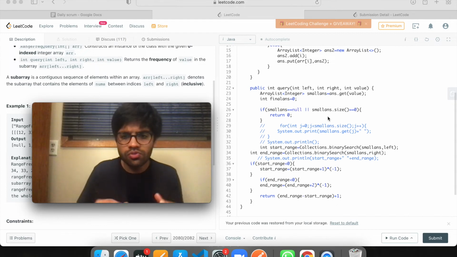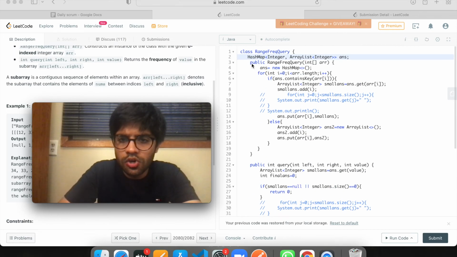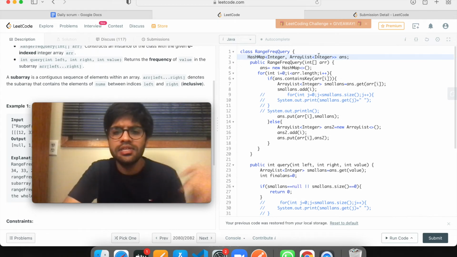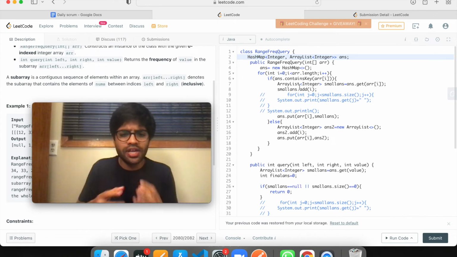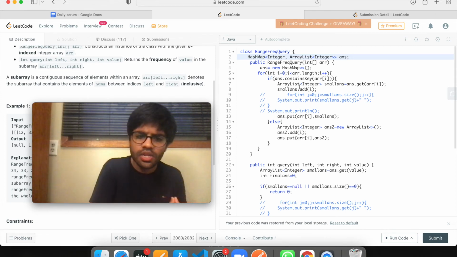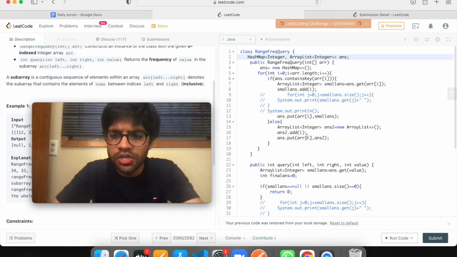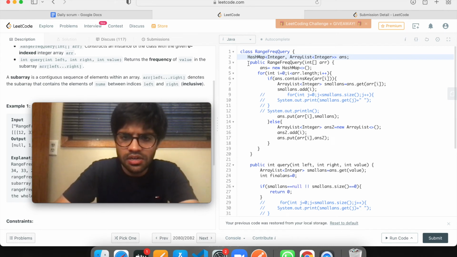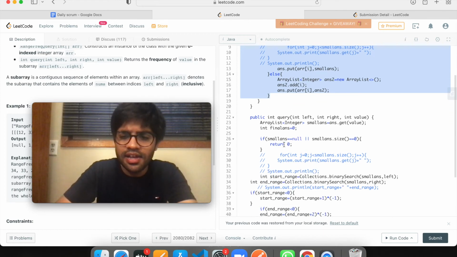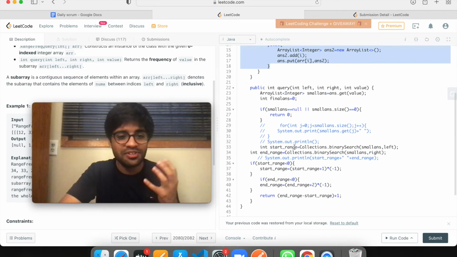So I'll quickly take you through the code. The code at the top remains the same as I told you. We'll create a hash map of integer and array list, and we'll just keep putting the indices in the array list corresponding to each and every element. Once this is done, this is an easy task. You can definitely do it or refer to this code. The main thing happens here, you need to use the binary search.